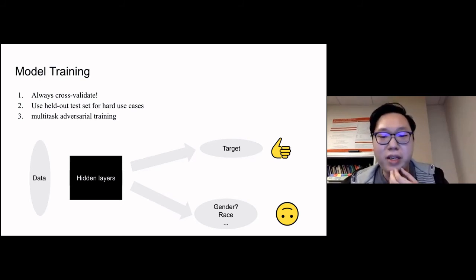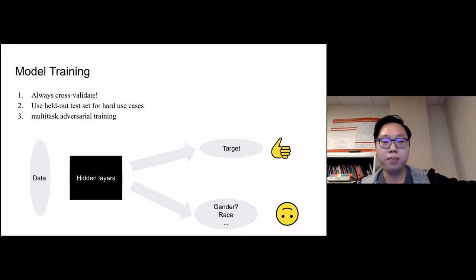One example of mitigating human bias in the classifier training step is using multitask adversarial training. So in this example, we have a multi-layer perceptron. This is black because it is a black box that we have no idea what it is doing.